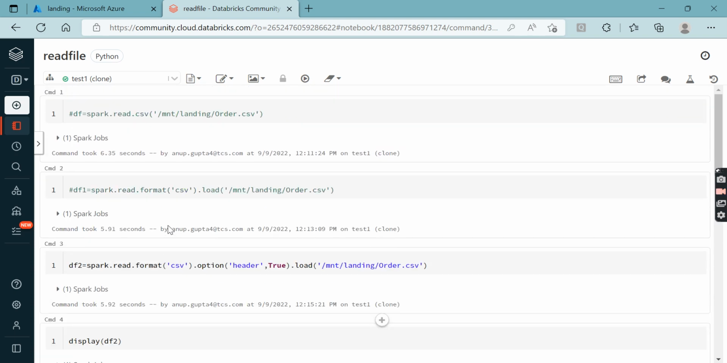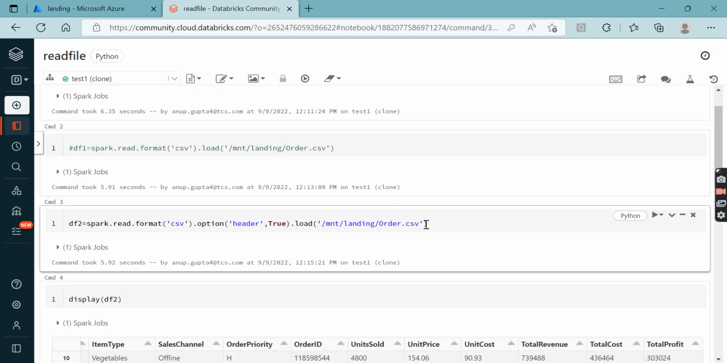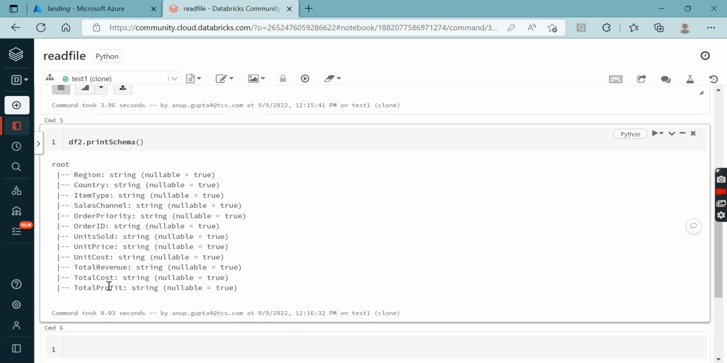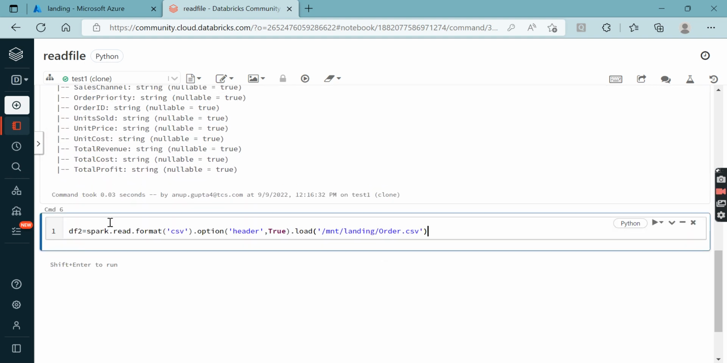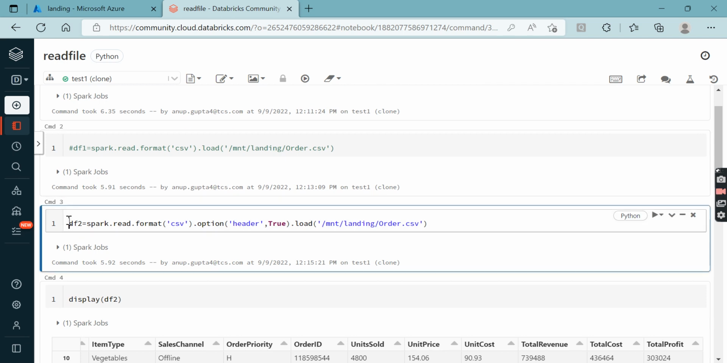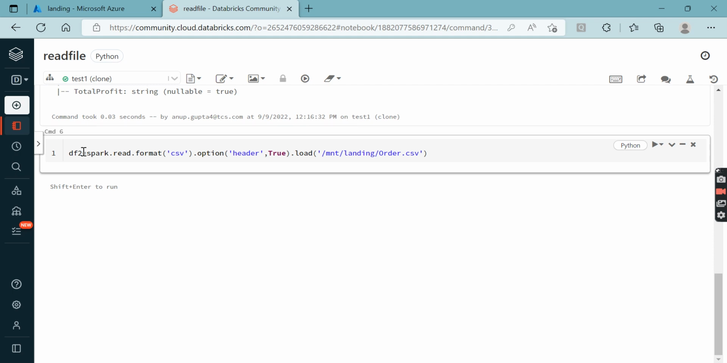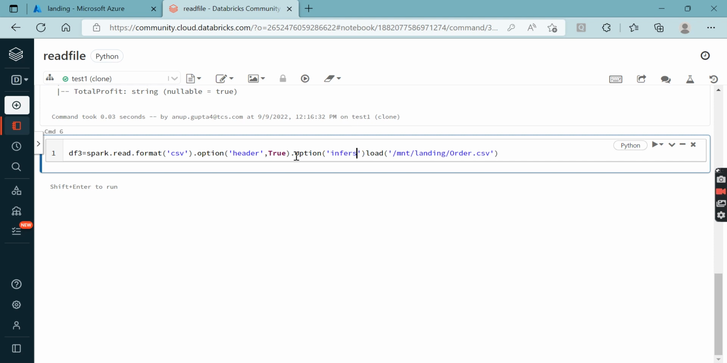So what I am going to do is write it here in this only, and I'm going to comment this, and change the name of this data frame. After any of this, here also you can write, here we need to add dot option additionally, and there is a keyword called infer